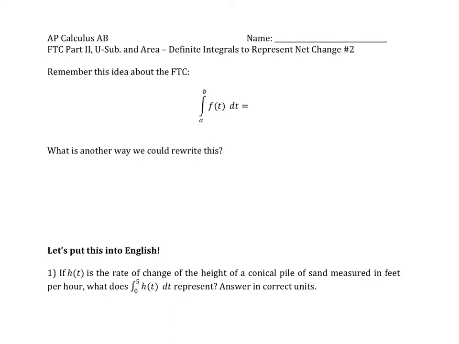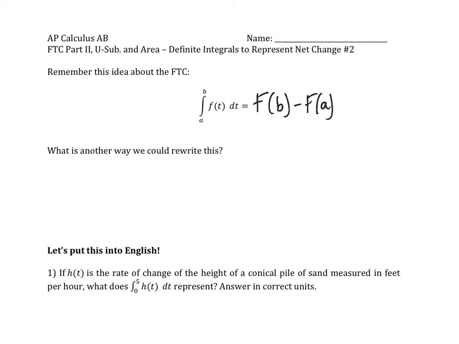So let's start off by thinking about the fundamental theorem of calculus, such that the integral from a to b of f of t is just equal to the antiderivative of b minus the antiderivative of a. We've done that a million times now. You should be well versed in that, okay? That's just the area under the curve, or the integral of f from a to b, however you want to think about it, is equal to the antiderivative of f at b minus the antiderivative of f